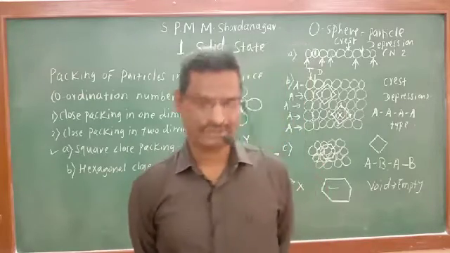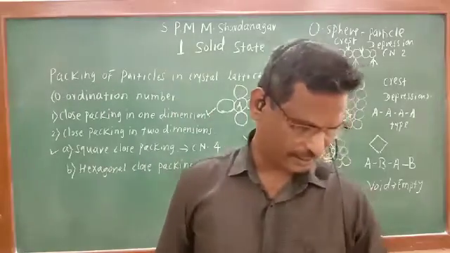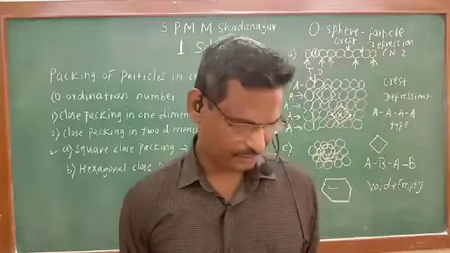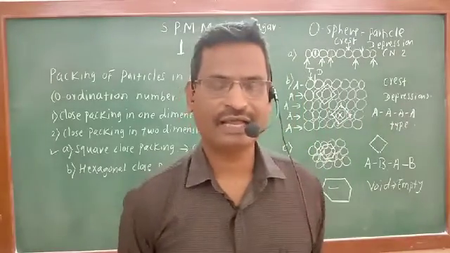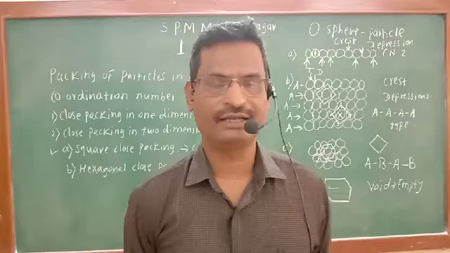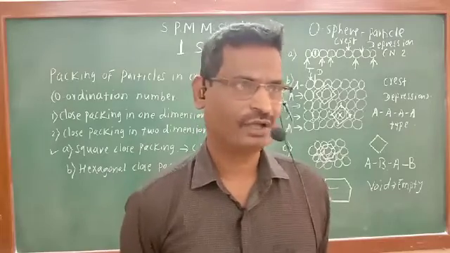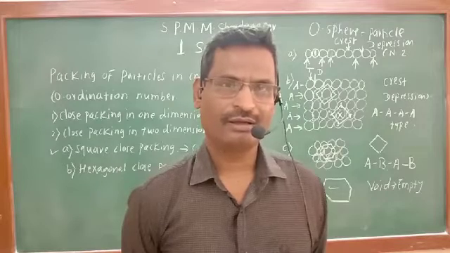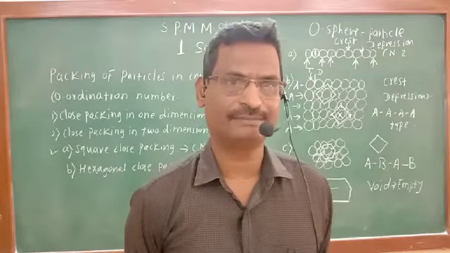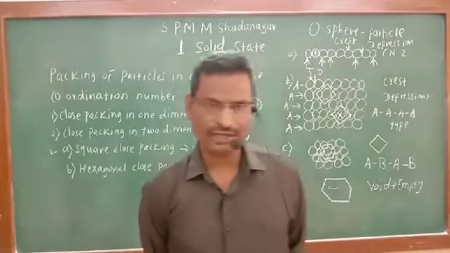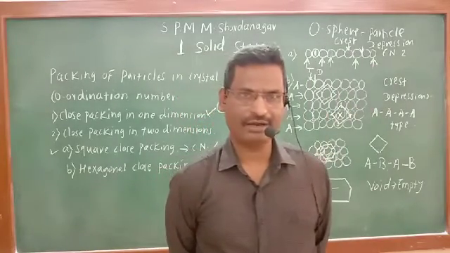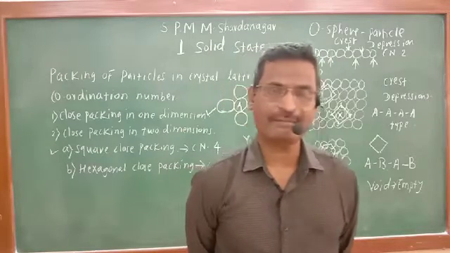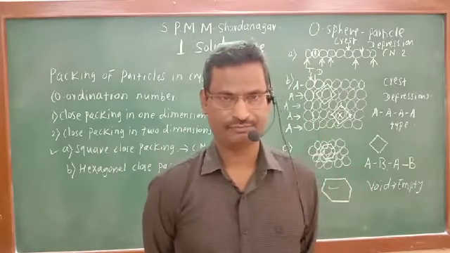Those calculations we have seen in the last lecture in detail, followed by relationship between molar mass, density and edge length of unit cell. That expression we have studied, and finally we have arrived at the expression rho, that is density. Rho will be equal to small n into capital M divided by small a cube multiplied by capital N small a.